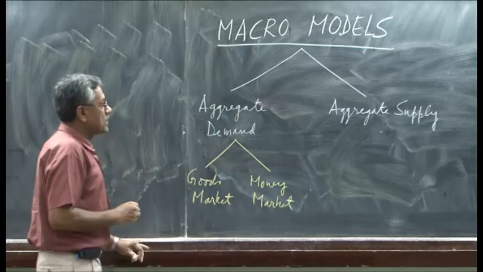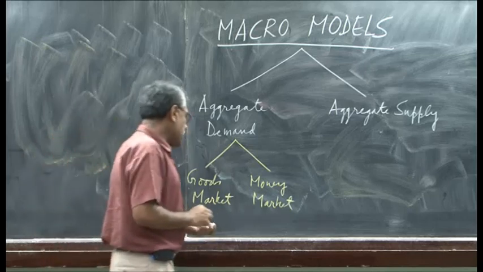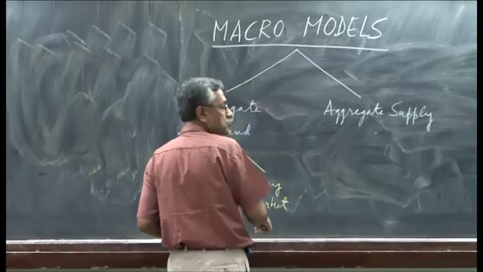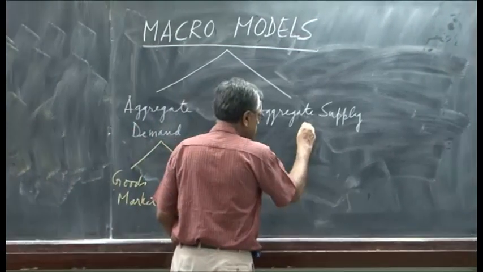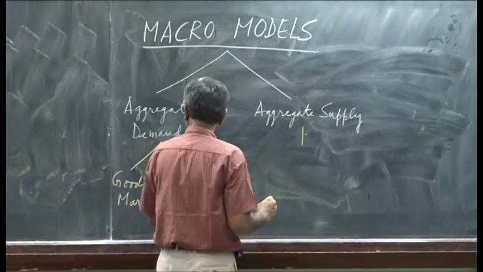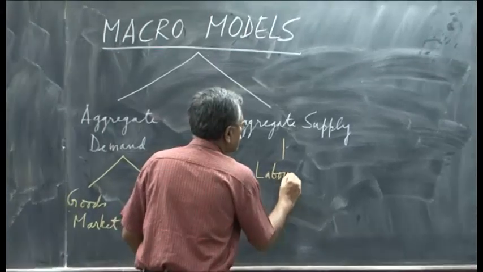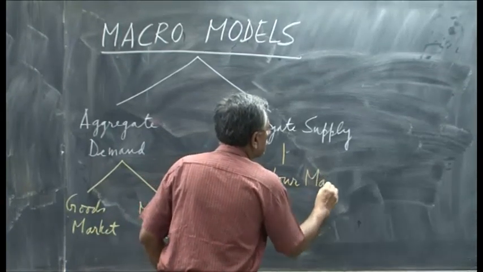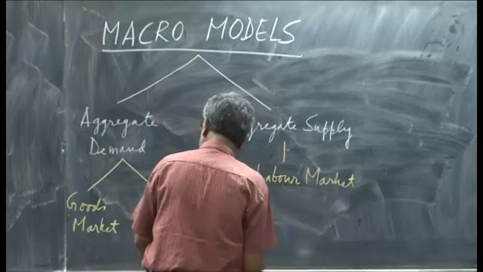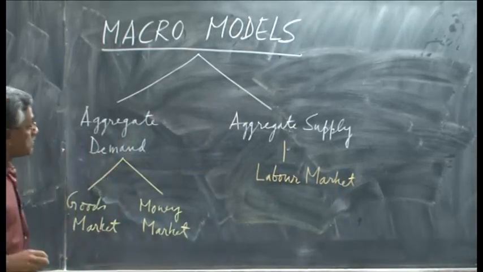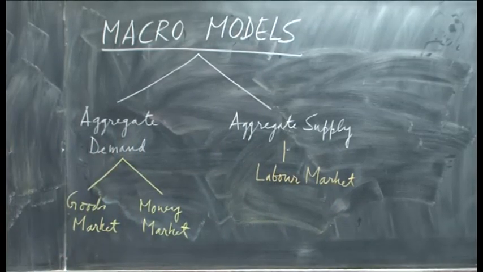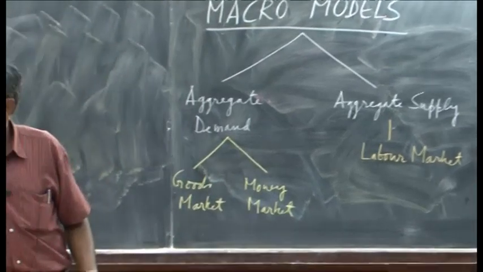Goods market and the money market. And on the aggregate supply side, what we essentially do is nothing but we talk about the labor market. So these three markets, goods market, money market and labor market, constitute, once you have described them, you have a